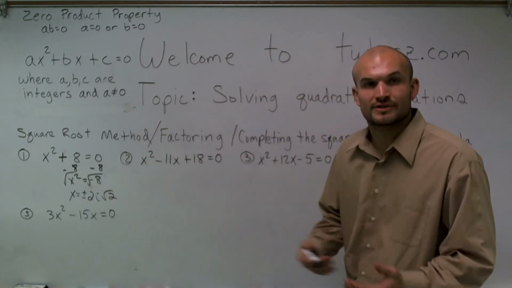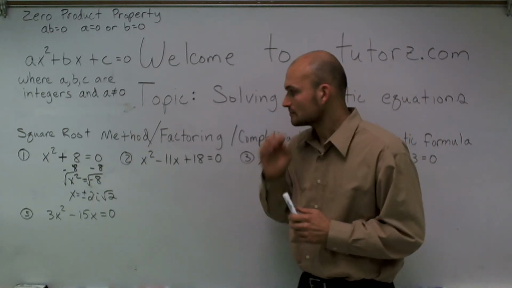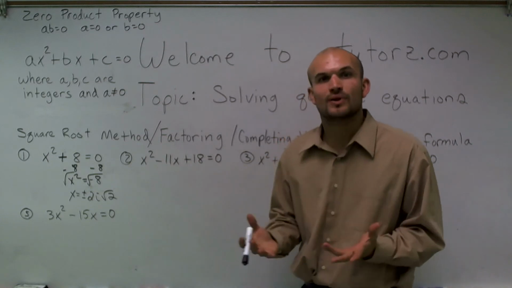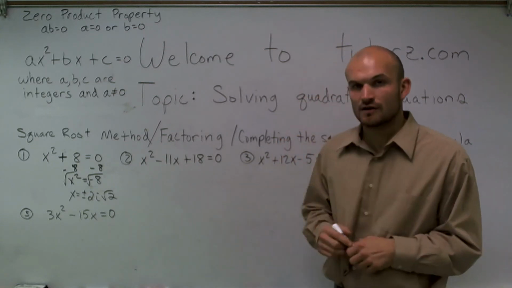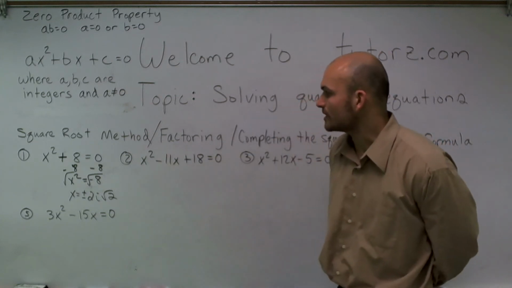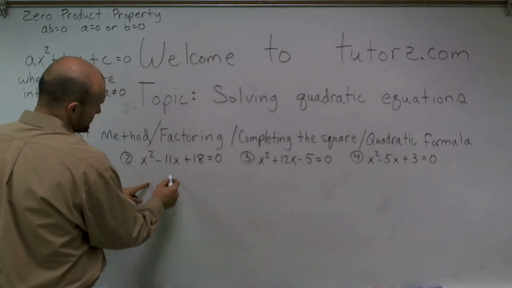The next one is factoring, and a lot of us have had a lot of practice with factoring. So really what we're going to do is use our factoring skills plus the zero product property to solve the equation. So here I have x squared minus 11x plus 18. Now what I like to do to solve my factoring problems